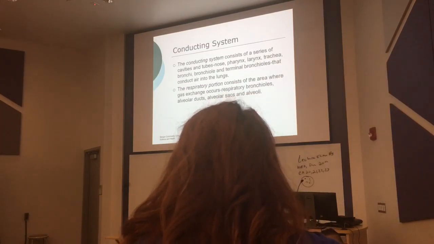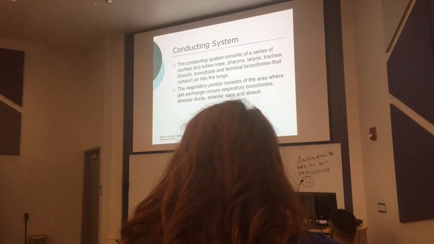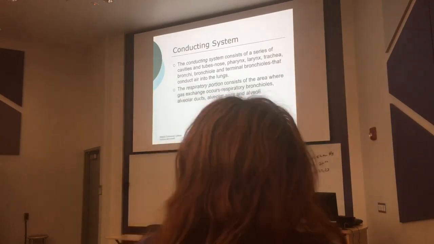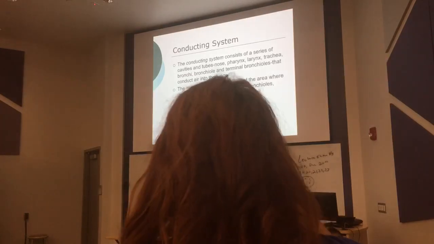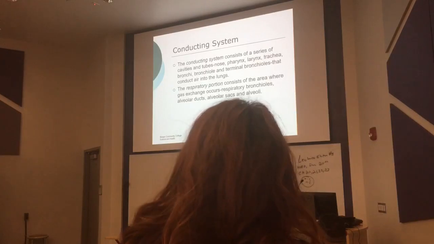So the respiratory system is actually a series of tubes. Again, it goes like this: nose, and mouth too. Pharynx is the throat, larynx is the voice box, trachea is the windpipe. Then the primary, secondary, and tertiary bronchi, which are cartilage lined with epithelial tissue. Then we go into bronchioles. Bronchioles are smooth muscle, and they're lined with epithelial tissue.